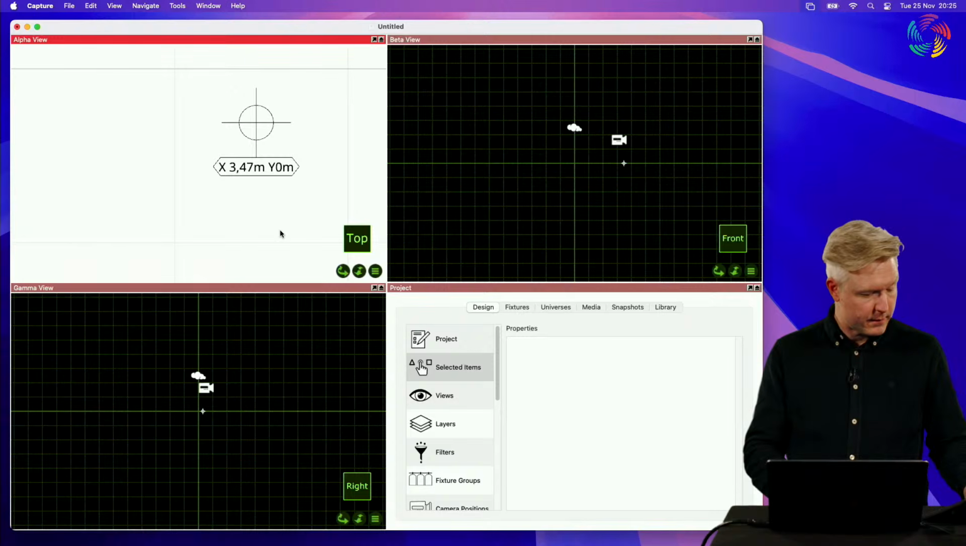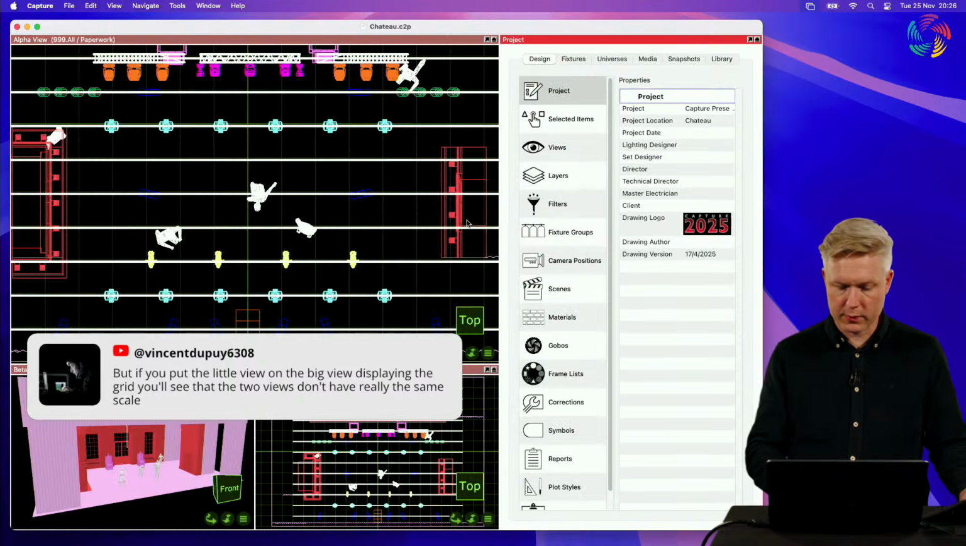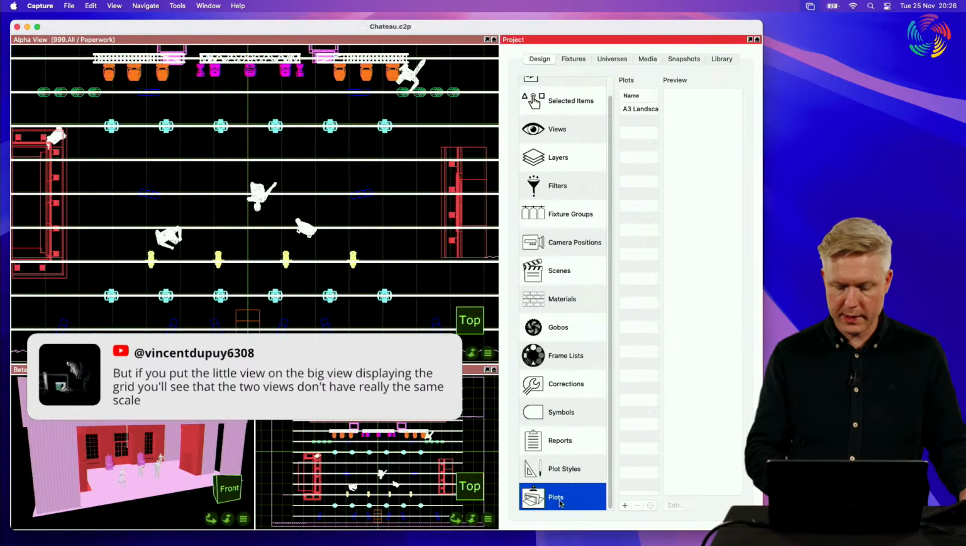Then we have another question from Vincent saying, if you put the little view on the big view displaying the grid, you will see that the two views don't really have the same scale. To be perfectly honest, I don't quite follow. It could be